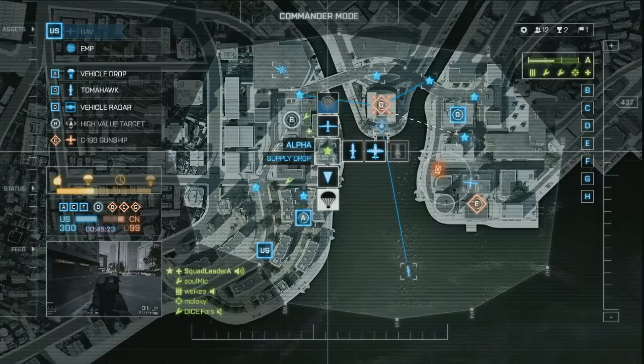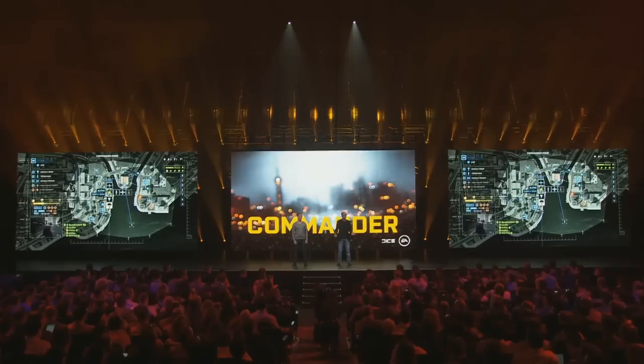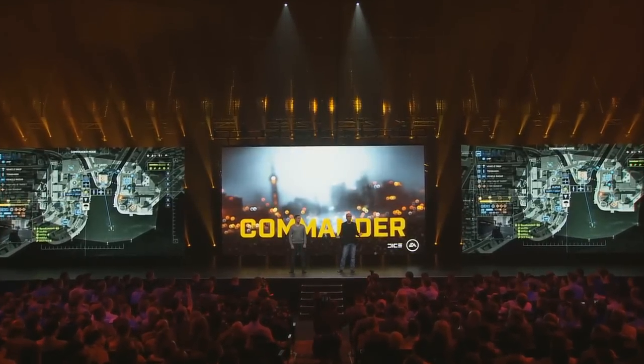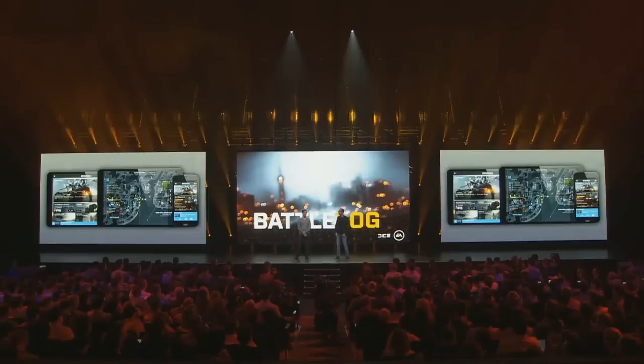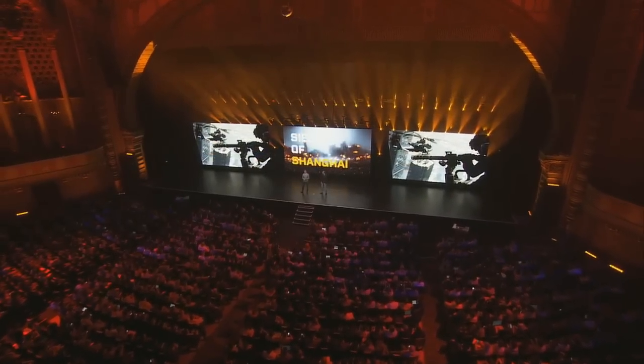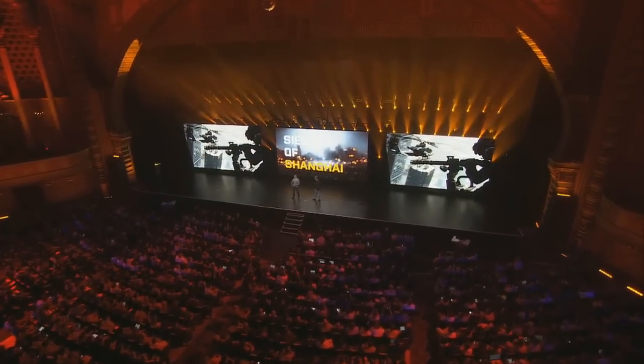Now, Commander Mode is a part of a connected Battlefield experience, which you can enjoy either in your living room or on the go with your tablet. Part of that connected experience is also Battlelog. And this is our social network that lets players communicate and compete with friends. With our new features, you will be able to interact directly with the game anytime, anywhere, and on multiple devices. So, let's jump into the demo. I'd like to invite Alex on stage to play the